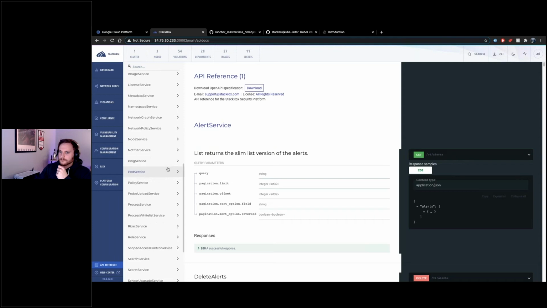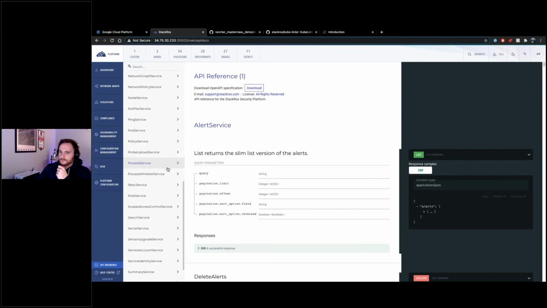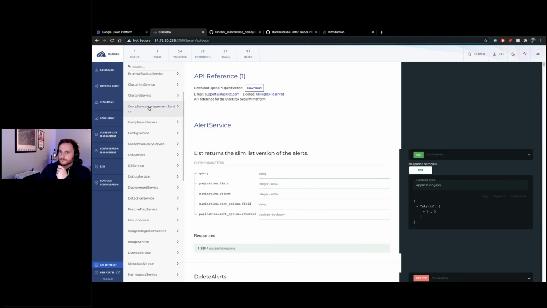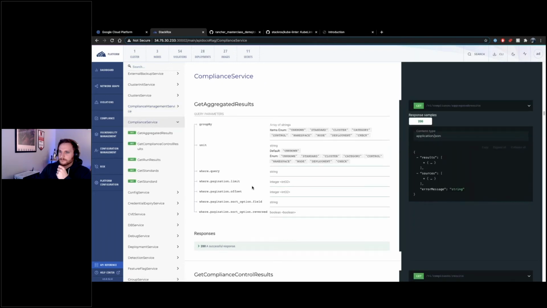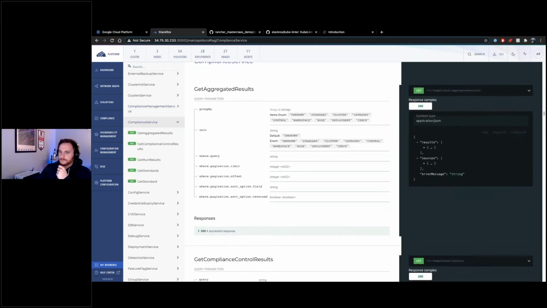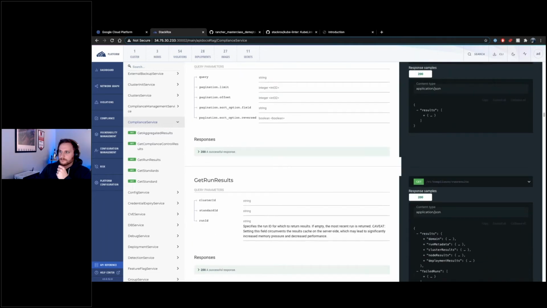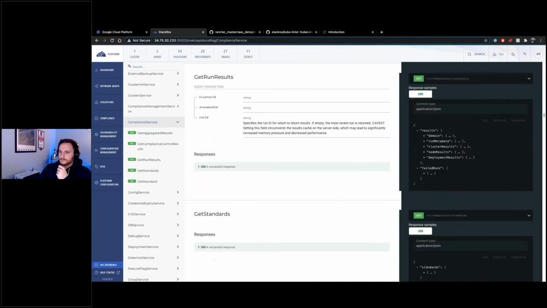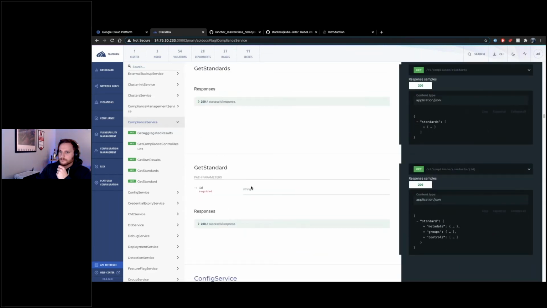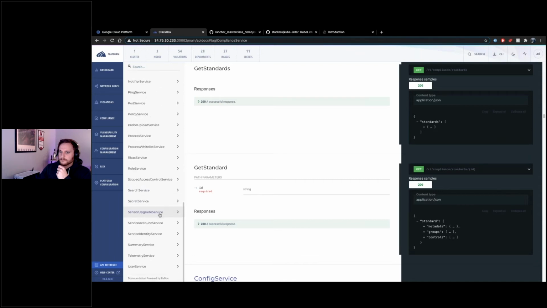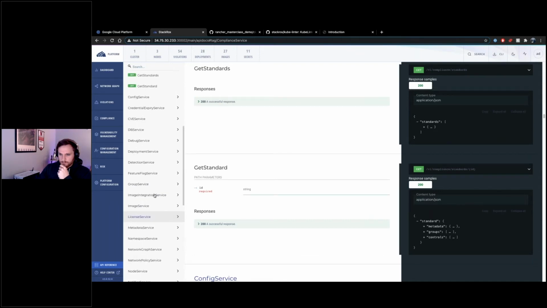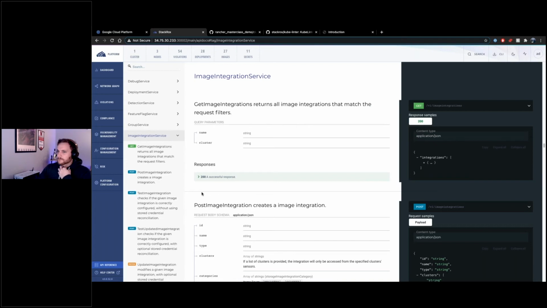Another good one is compliance. If you go to compliance service, I have a script where you can ask for compliance scans. So you can run scans periodically and understand the deltas of the underlying infrastructure. Integrations, that's one thing I'd like you to show when we're done talking about this, but integration service. You have the ability to configure what I like to call the goes intas and goes outas